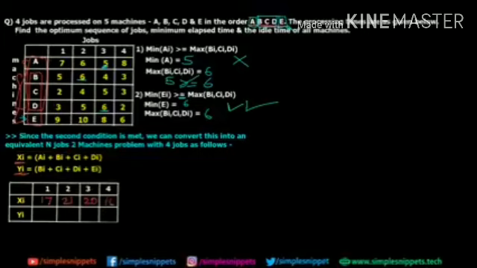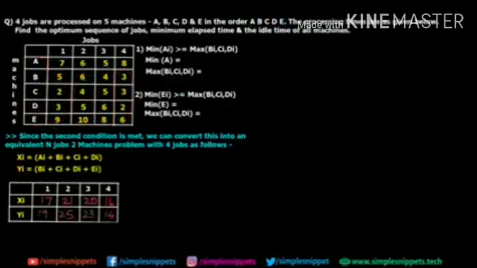Similarly, for yi, what we are going to do is add these values, these values, these values and these values. So I'm just going to fill the table. You can also perform the addition. Okay, so I have added the values and you can see now we have converted this n job m machine problem to an n job 2 machine problem. So now the next step is to follow what we did for the n job 2 machine process.